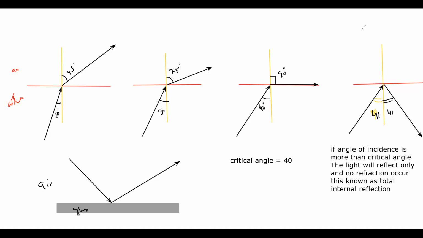But in total internal reflection, in short TIR, the light is moving in a denser medium, for example glass or water, and it hits the air surface. The boundary is denser to rarer, but in normal reflection, it is from rarer to denser. This is normal reflection, but this one has a specific name, total internal reflection. In reflection, the speed remains the same, only the direction changes.